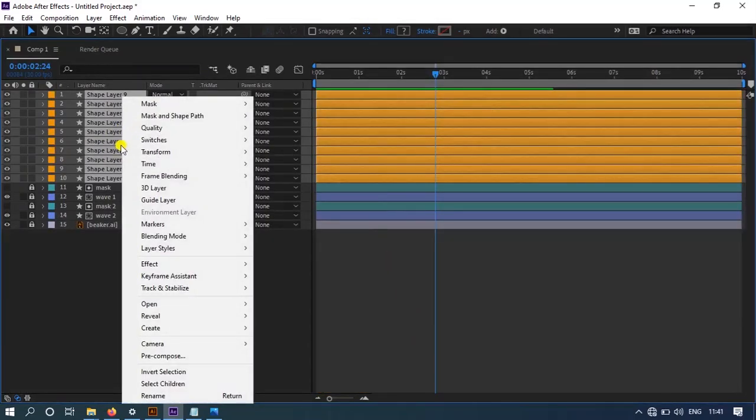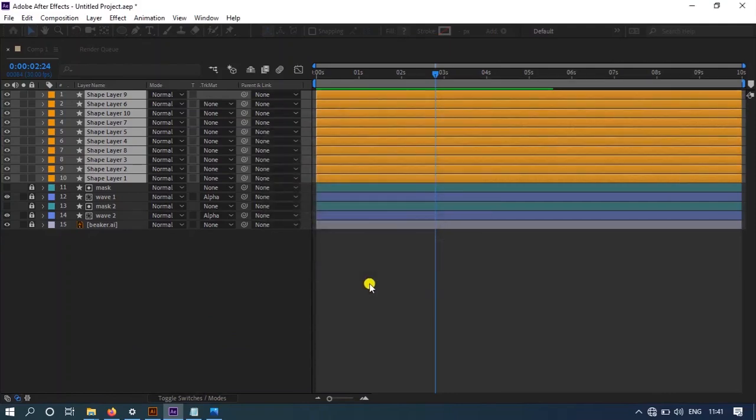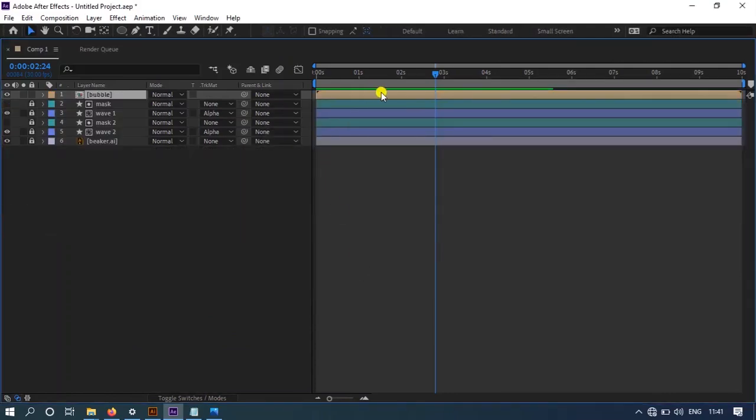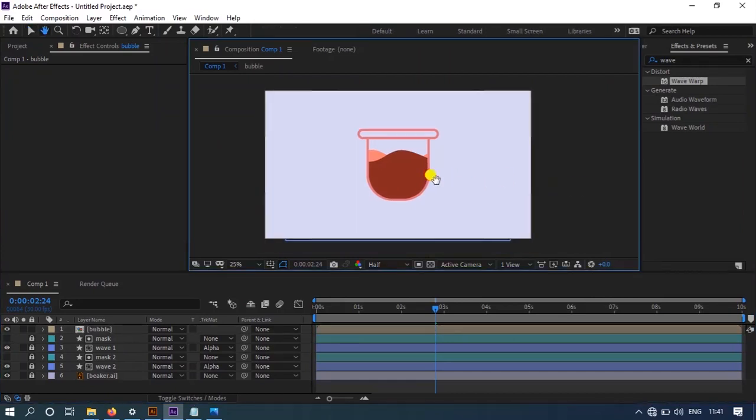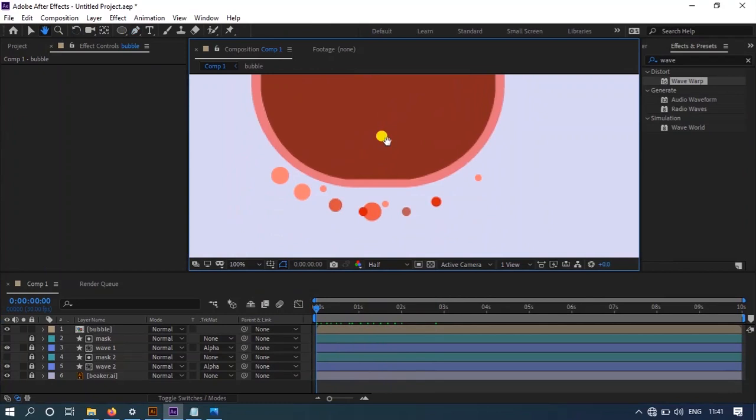Right click on these layers, click on pre-comp and you can change the name. Don't forget to click on this move all attribute and click on OK. Now click on pen tool and make a shape like this.